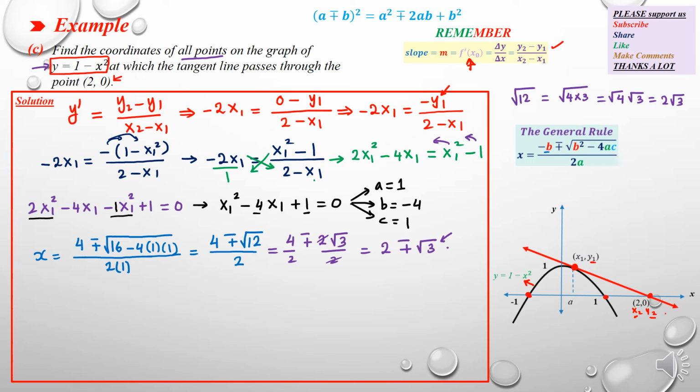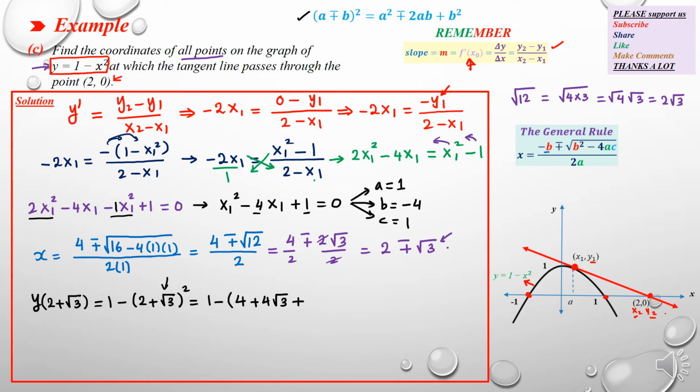So first you have to find y of 2 plus square root of 3, and this will give us 1 minus 2 plus square root of 3 squared, which is 1 minus, now you have to expand this expression, and it will be the first one squared, as you see here, which is 4 plus 2 times the first one times the second one, which is 4 square root of 3,